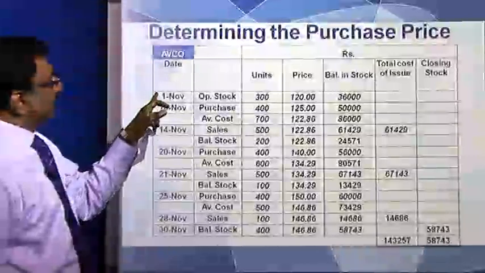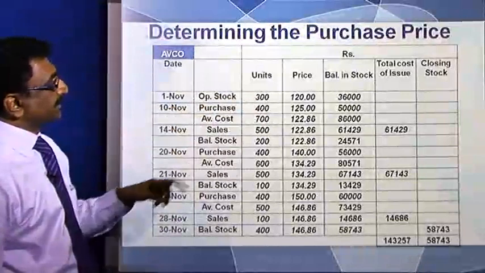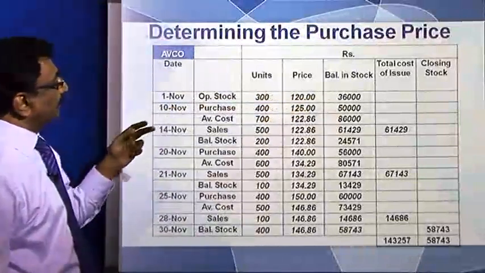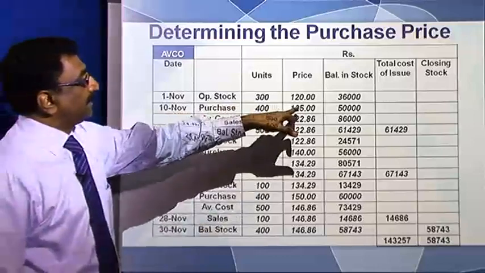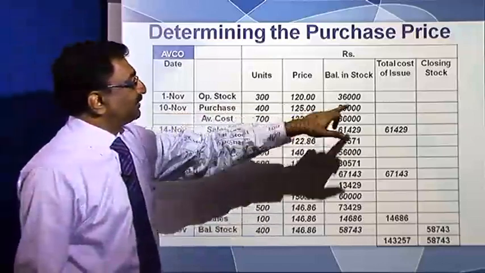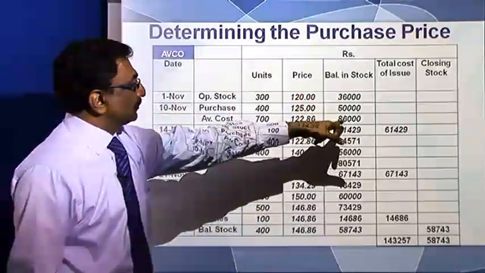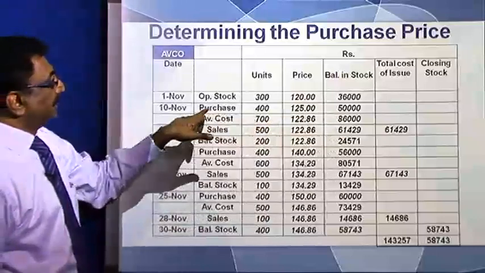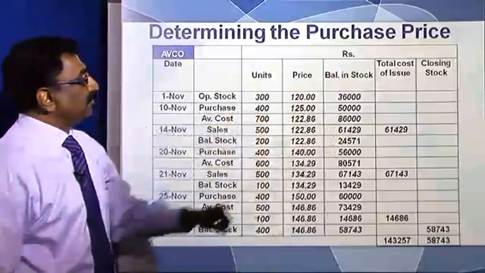Now here we have on 1st November the opening stock of 300 units, which we have at 36,000 rupees. On 10th November a batch of 400 came in, as we saw, at 125 rupees. So that is valued at 50,000 rupees. So the balance in stock is 86,000 rupees and the total that we have is 700 units. Dividing 86,000 by 700, you will get an average cost of